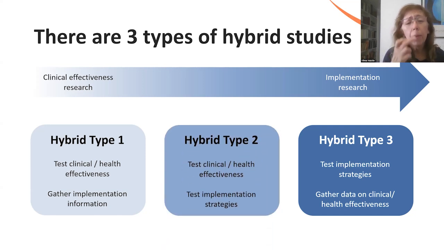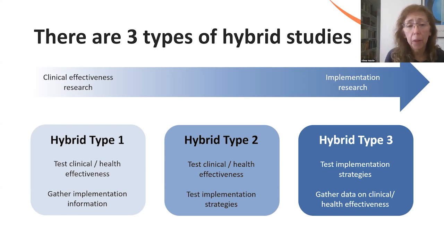Finally, we have hybrid type 2 studies, which are in the middle. In type 2 studies, both clinical or health and implementation outcomes are equally important. Both are at the same level of hierarchy in the design. That's why we have co-primary aims here: effectiveness and implementation. These studies always need explicit measurement of implementation outcomes, for example, reach, adoption, fidelity, at the same level of importance